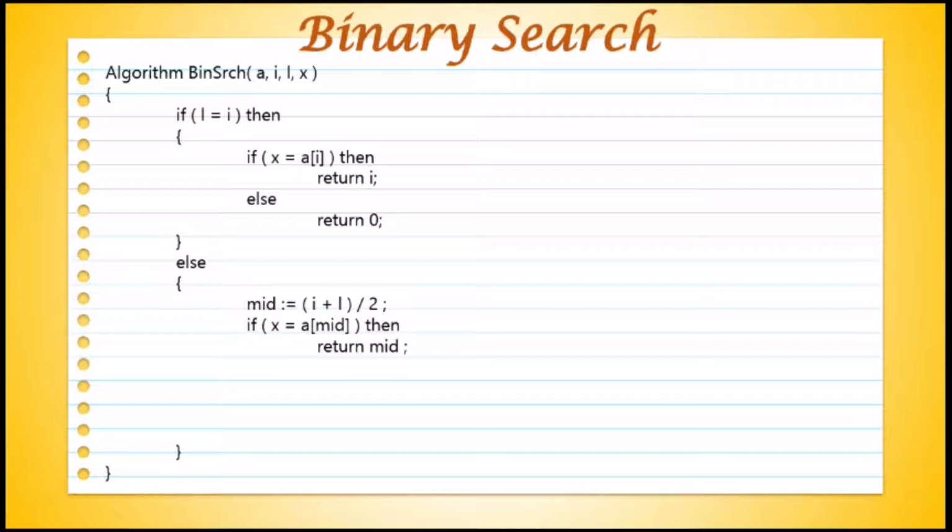Suppose X is not equal to A of mid. That means the searching element is not present at the middle position. Then we will compare whether X is less than A of mid. That means if X is not equal to A of mid, then we will check whether the searching element is less than the middle position value. And if this condition is true,